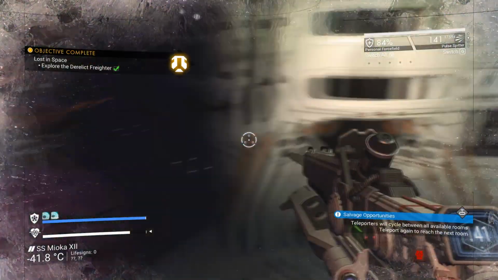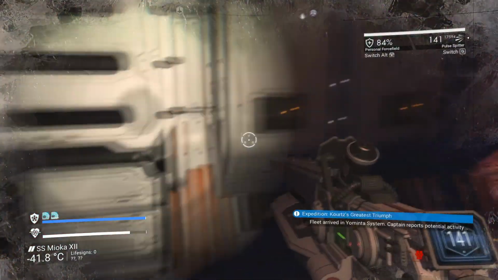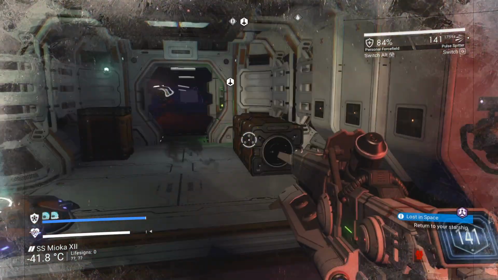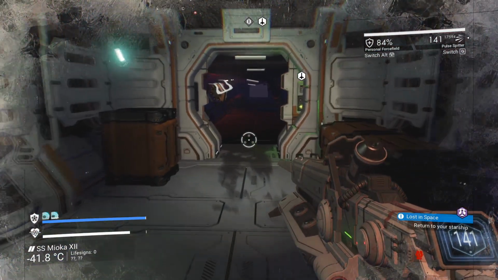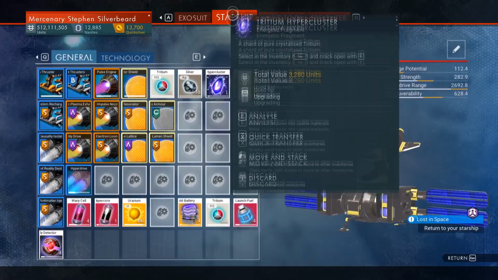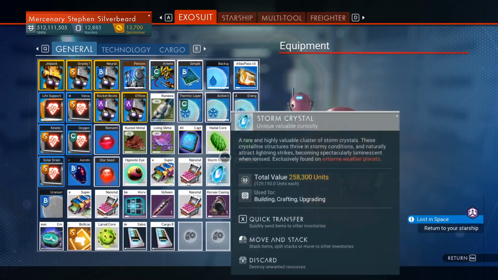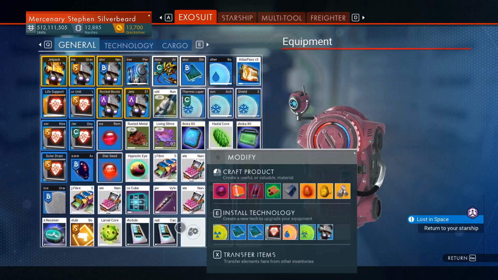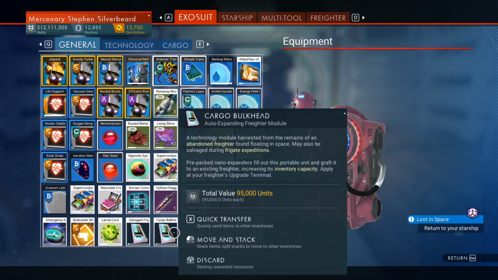And for once it actually brought us back to the airlock. Anyway, I think that's it for the freighter. Haha, nearly went the wrong way. And just going to come back. Let's have a quick look. What have I got? What did I get from this? Well, we got captain's log, crew manifest. We got a couple of